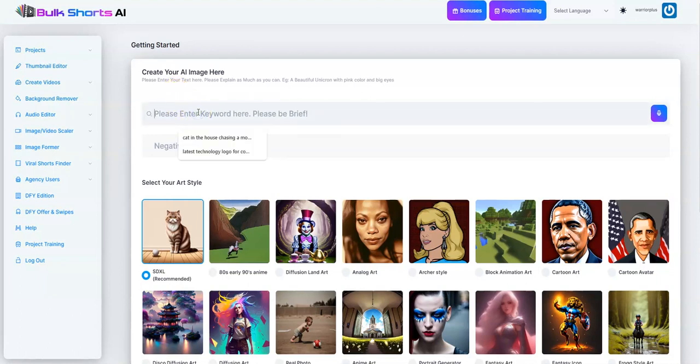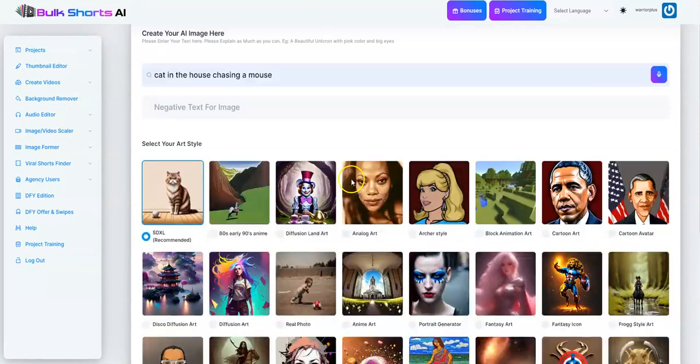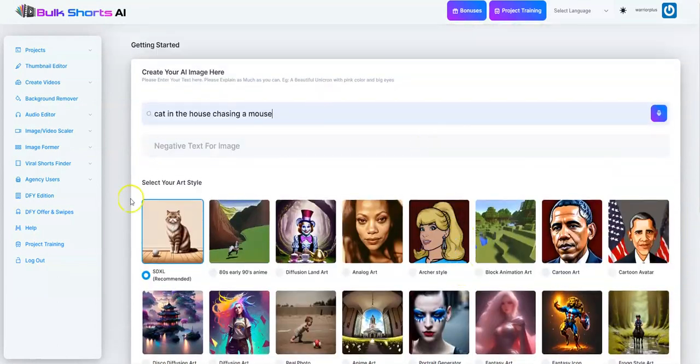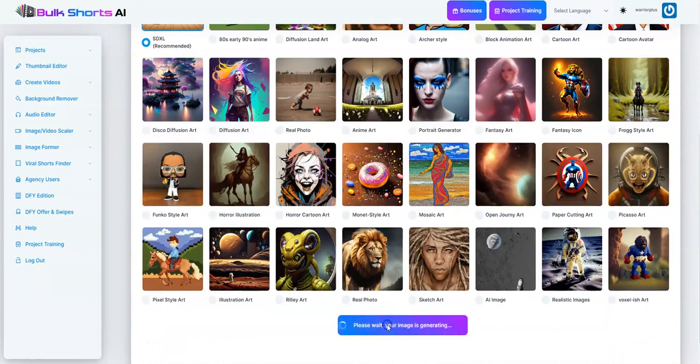And I've got preloaded prompts over here, so I'm just gonna select one of them which says cat in the house chasing a mouse, and you can use your voice as well for this command. And you've got styles over here that you can select any art style from the list. I'm just going to keep that as standard as SDXL and hit on generate image, and wait a minute or two,